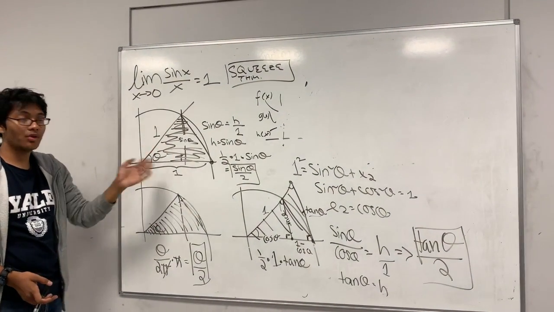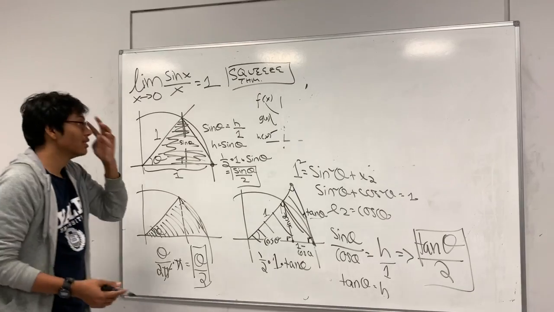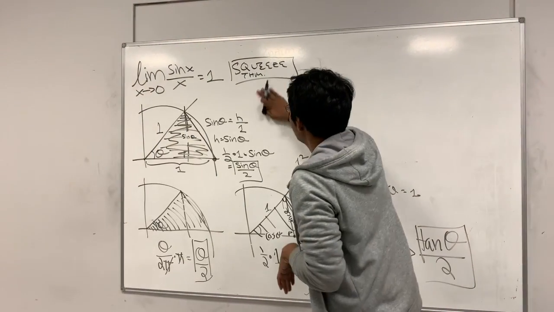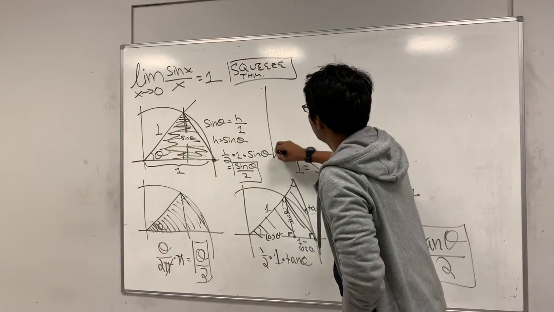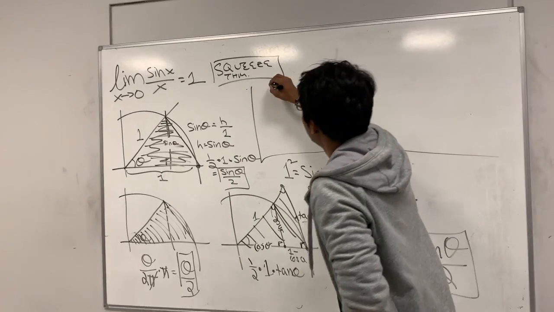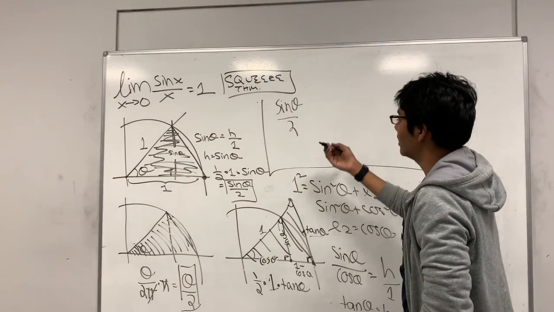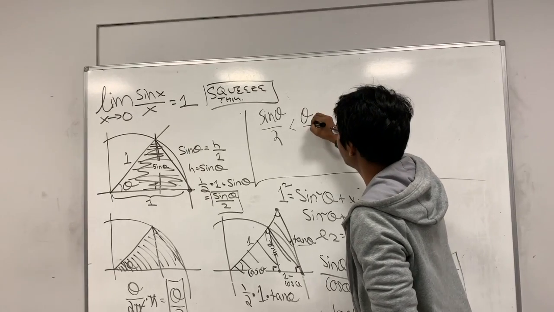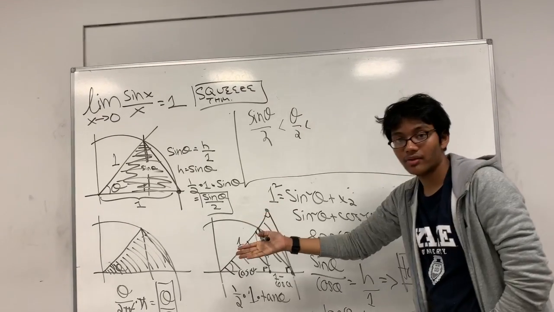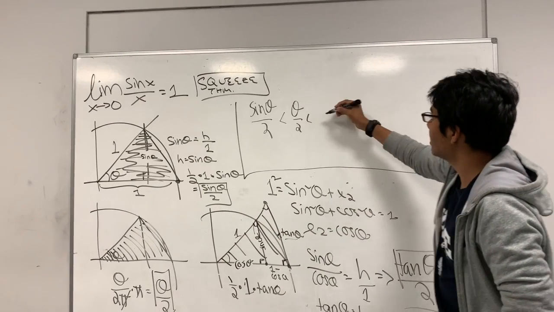And you can see that intuitively by just looking at the picture. So let's write that down as an inequality, right? So we have sine theta over 2, the smallest area we have, is less than theta over 2, the second largest area we have. And our largest area is simply tangent